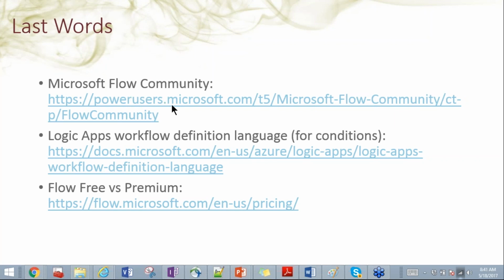Okay, how do we know what the real name of a field is? That's a great question, Susie, and really you only know that by going into that advanced mode.